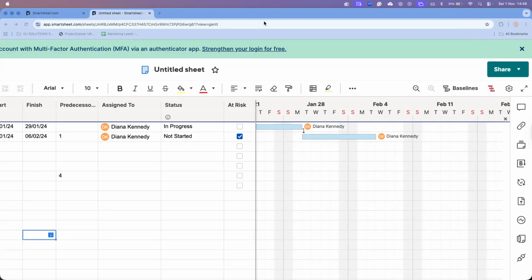This is my HMS project plan. What does HMS stand for? It's the HLD, high level design.